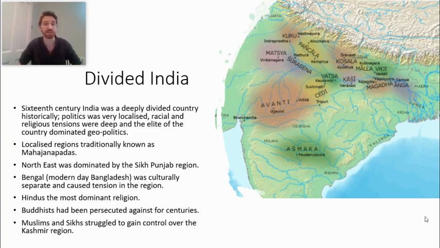If you look at the image on the right of your screen, you've got a kind of general summary of the different areas that exist. And it's a lot like what Europe looked like in the medieval period, which was defined by very small feudal states. In India, they are known as Mahajanapadas, and the borders are slightly more flexible than European countries. But generally speaking, this is what it looks like.